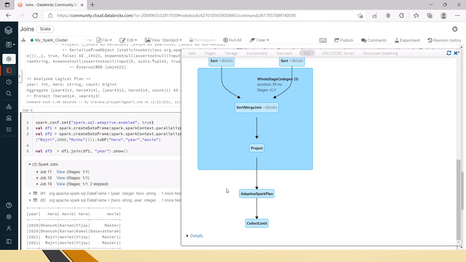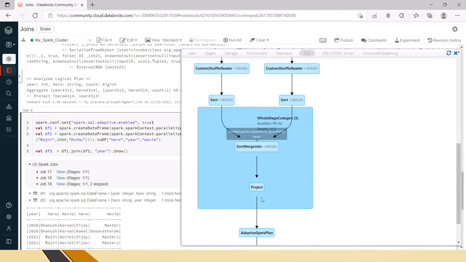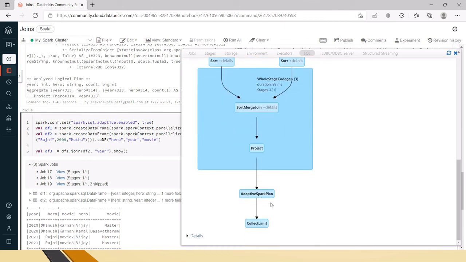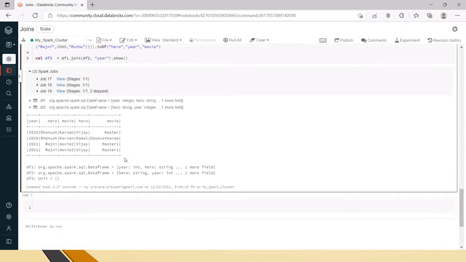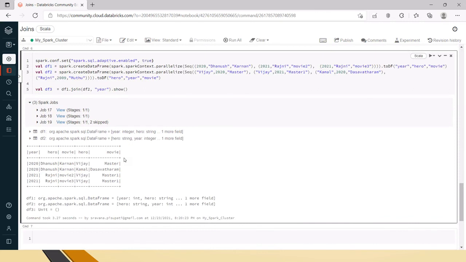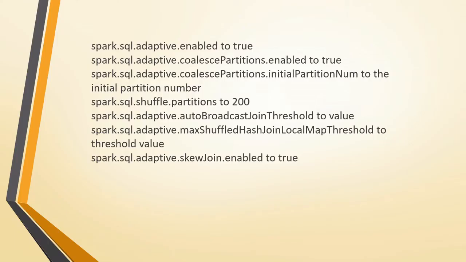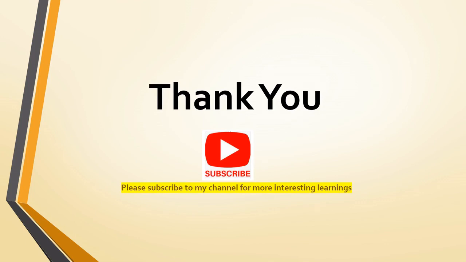So this is how we activate the AQE. This will help in optimizing Spark jobs when you are not sure which type of join or which optimization techniques to use in the code. If you can leave that to Spark by enabling adaptive execution, then it will give optimized performance for the code that you are working on. And you just make sure that these are the properties that we need to take care of while enabling the features through adaptive query execution. Hope this is useful to you friends.